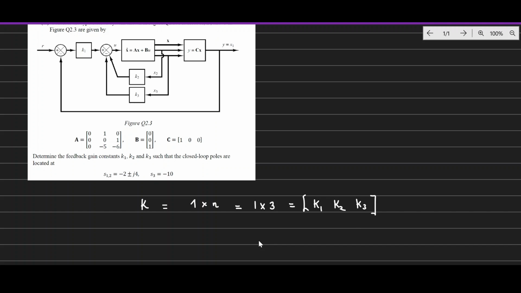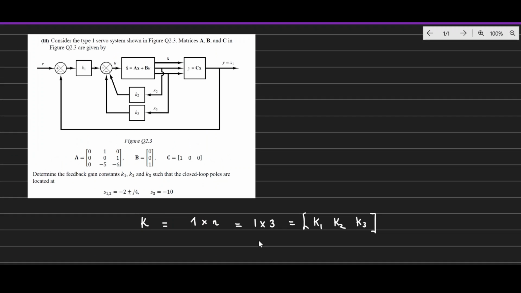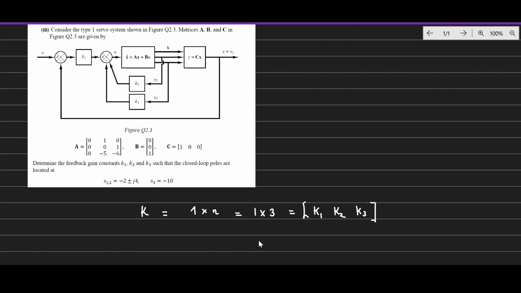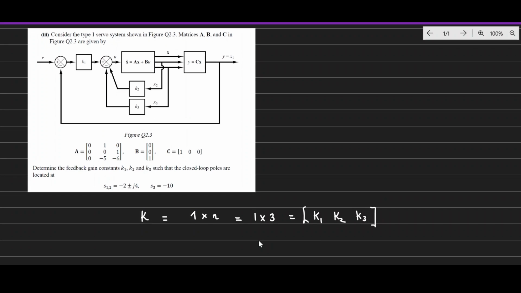The first method is the direct substitution method. The second method is called Ackermann's formula, and then the last method, I'm going to explain that method also. It's not really complicated though. In this video, we're going to look at the direct substitution method, and in another video I'm going to use Ackermann's formula, and in the other one I'm going to use the third formula. So let us start